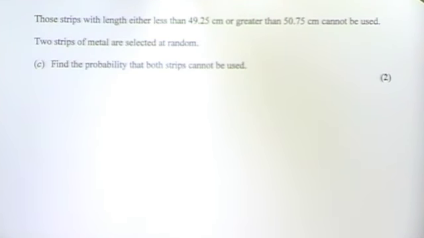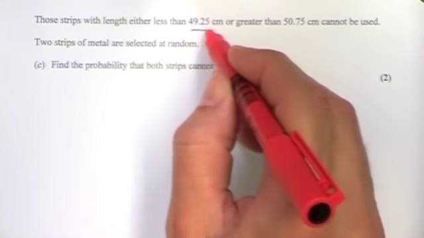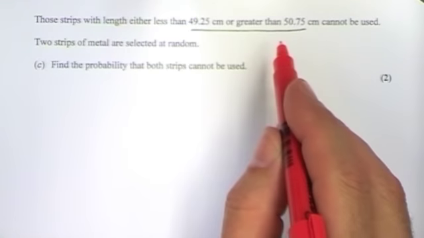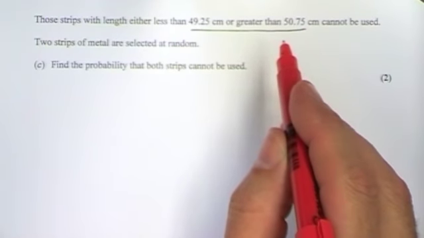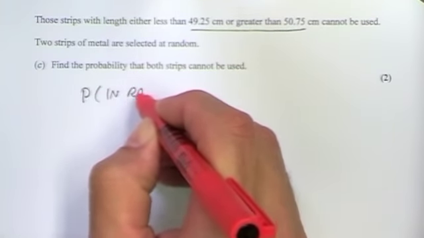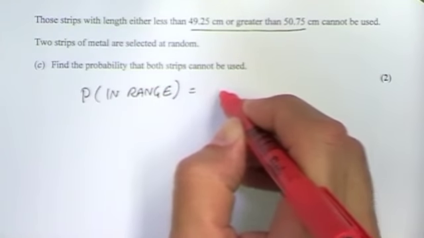The last part of this question says those strips with length either less than 49.25 or greater than 50.75 cannot be used. 2 strips of metal are selected at random. Find the probability that both strips cannot be used. Well, this is the range we calculated in the previous question. So the probability that they were in there is 0.8664 we found out. So the probability I'm going to put in range equals